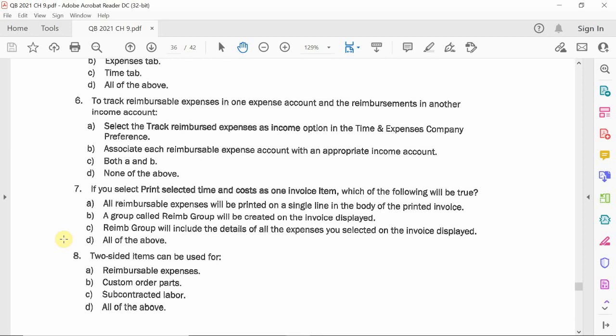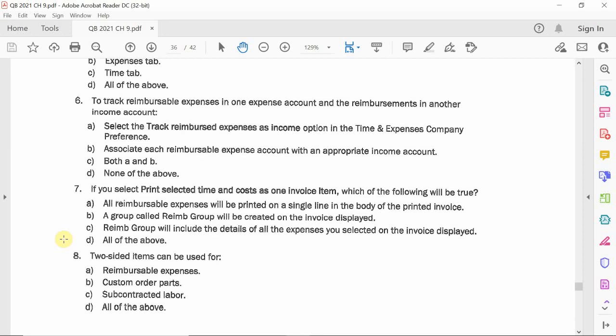All reimbursable expenses will be printed on a single line in the body of the printed invoice. Yes, if you guys remember, right? I couldn't preview it for you, but that's exactly what happens. When you do that, it prints it into one line item, so it hides anything that you've done to the actual item itself. Okay, B says a group called